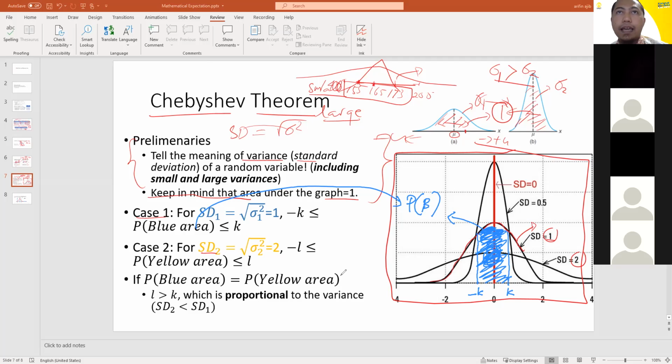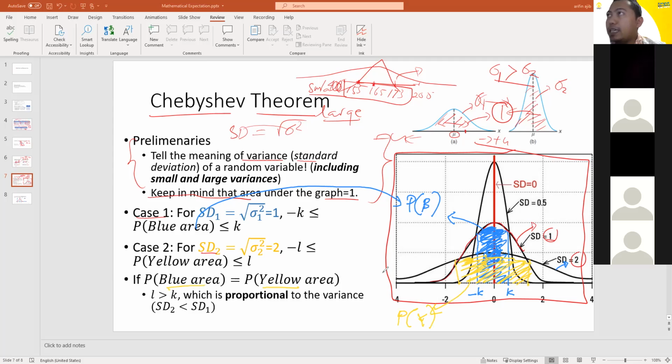Okay, and then from the graph standard deviation 2, I also want to make an area as well. The area should be something like this. And then something like this. And then I make this one the probability of yellow. Yeah. And then if I want to keep that this area should be equal, the blue area and the yellow area are equal in size,